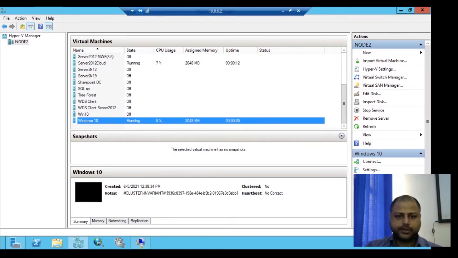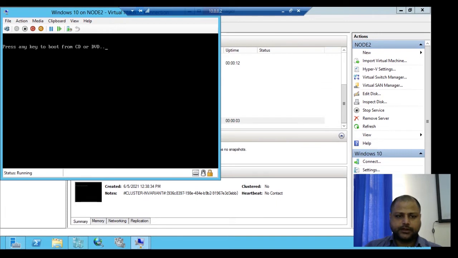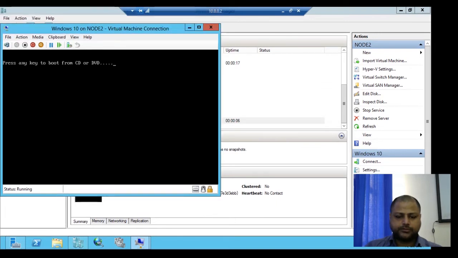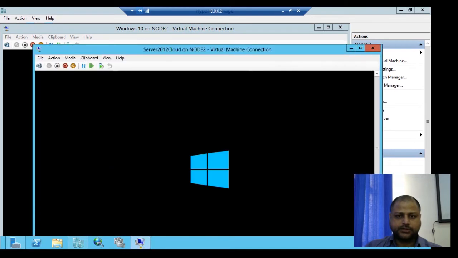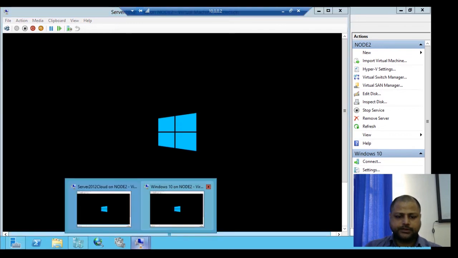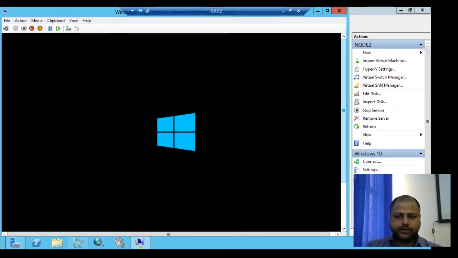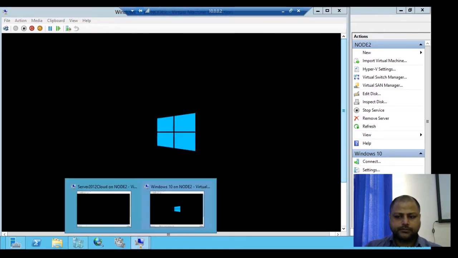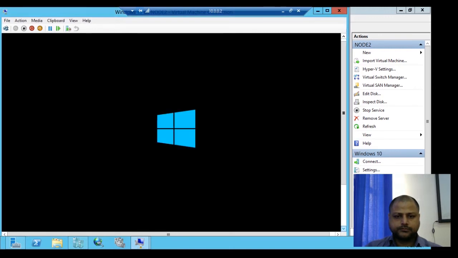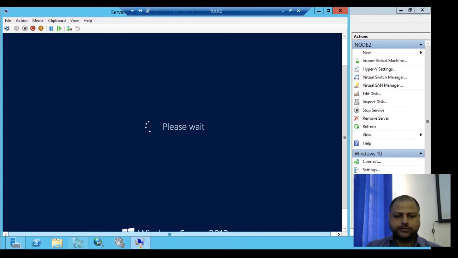We'll connect to the interface, that is the console. We'll take the console over here. There are two systems: one is for the server environment and one is for the client environment. This is my server and this is my client. The client is getting ready and the server is also getting ready so that we can do the configuration. You can see the system is booting, and the server is also getting ready. Once it is ready, we will configure the domain structure.